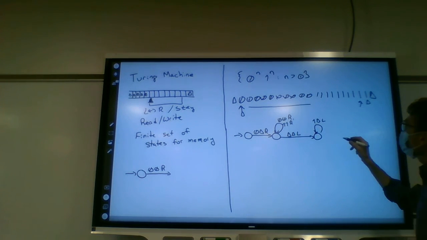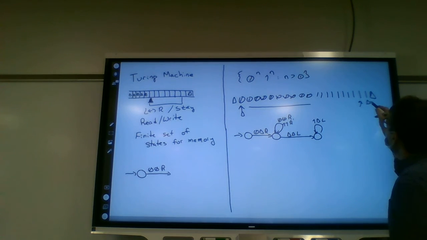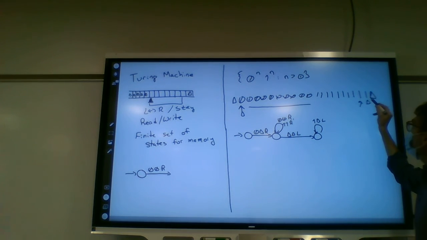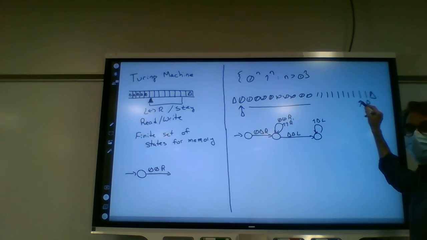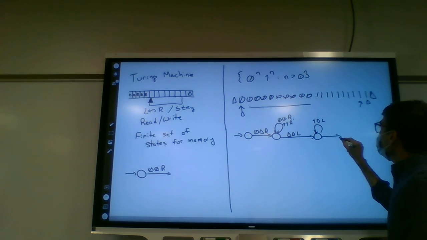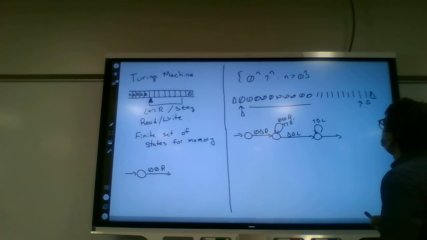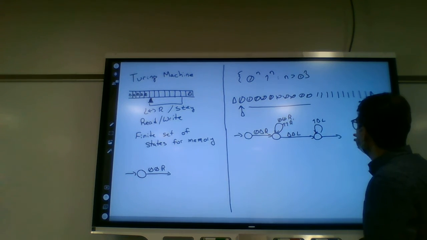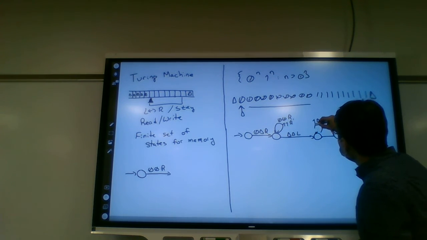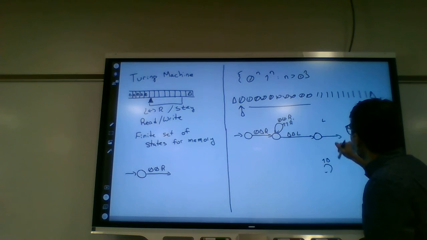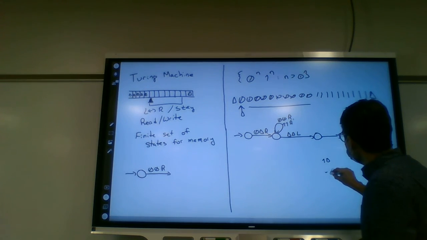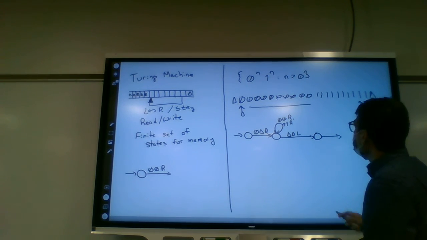What do we do? We read that one, wrote a delta. Now we're sitting here. So what are we going to do? Actually, we have to be more careful. I don't think we loop there. We don't want to loop on that. It's almost as if the width of that just isn't big enough. Or it's very particular about the way you have to put it down.